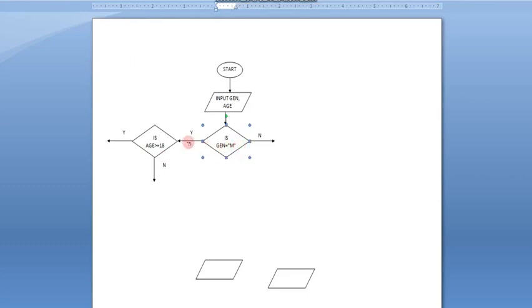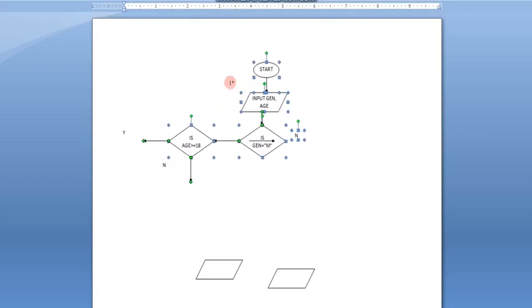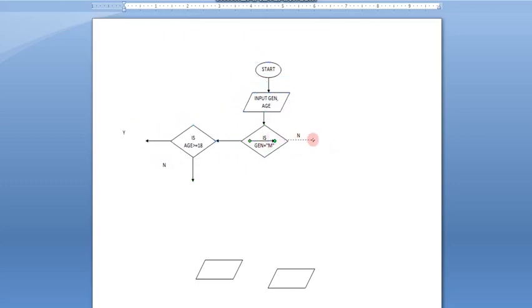Now let me just move all this to the left side. Fine, just selecting everything. Okay, so everything will move inside. Yes, no, stay here. So I have to bring them back because I'm showing you in Microsoft Word, which is not actually an application for flowcharts. That's why it's not coming properly. There is no other way, so we have to take the help of that only. So now it is okay.